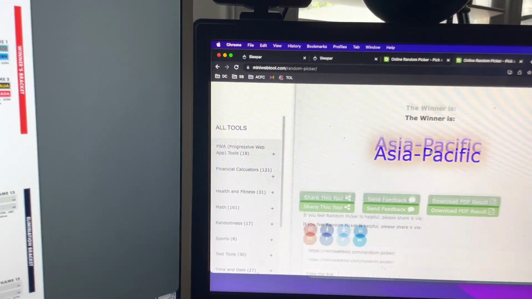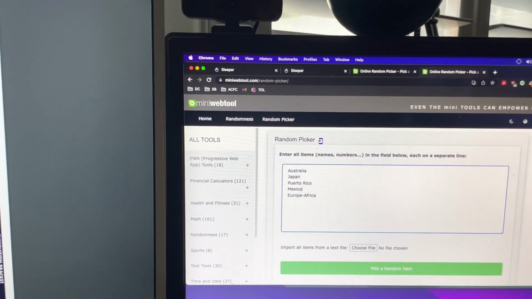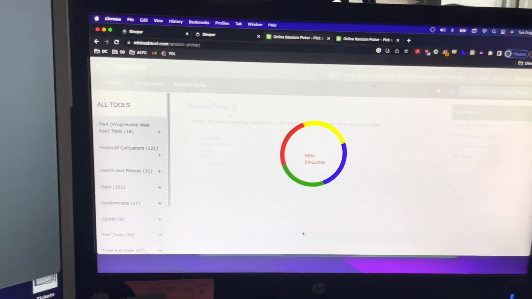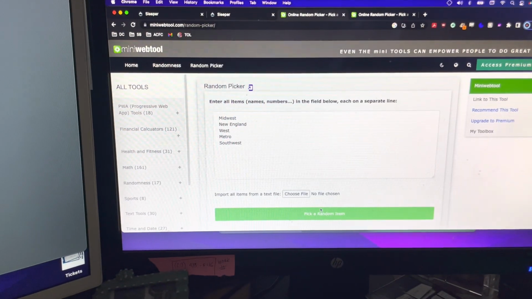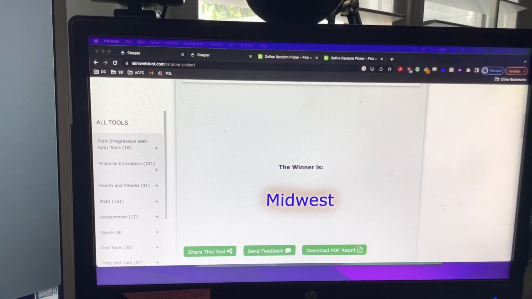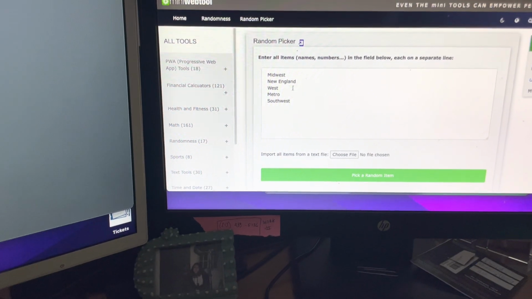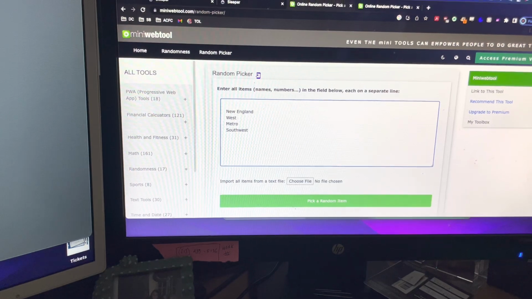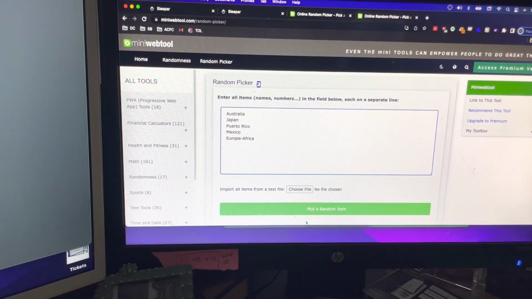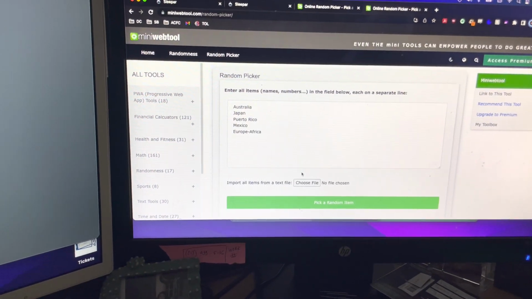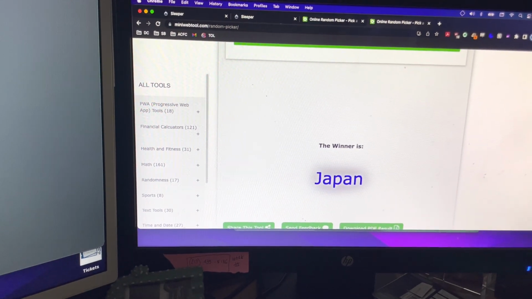Okay, now moving on to Scott. Scott's American team is the Midwest, not a first 8. Scott's international team is Japan.